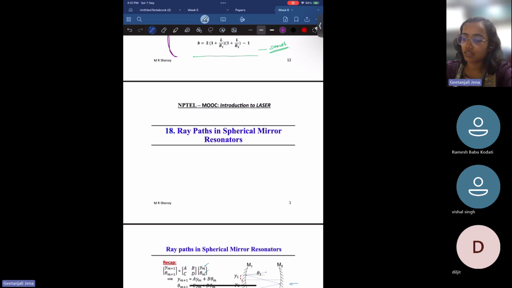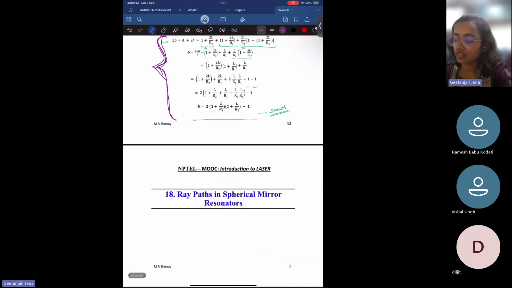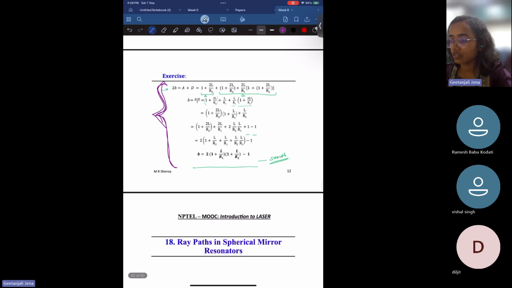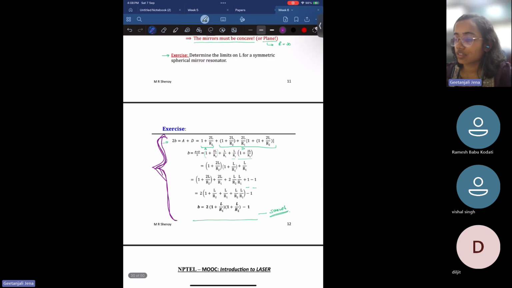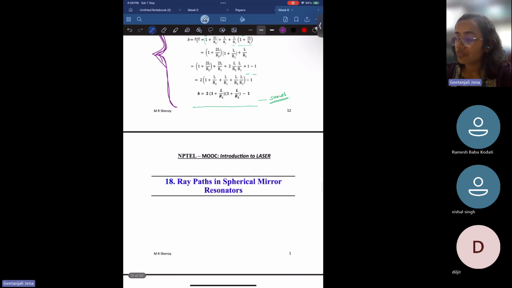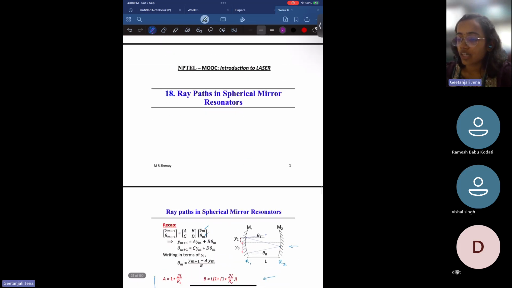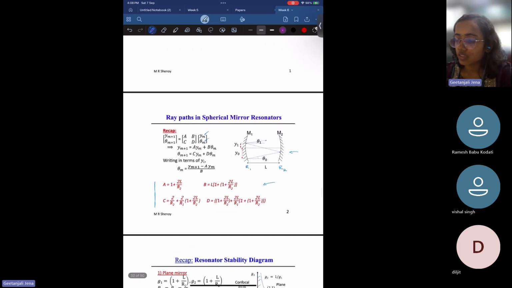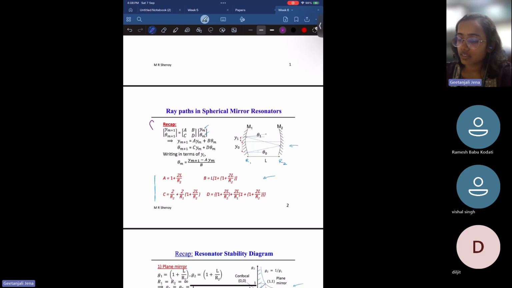So let us see where we have left. We've seen what the stability condition is, and what the ray transfer matrix is for different types of resonator. And we are left with one final slide, which is the ray paths in spherical mirror resonator. Okay, so these are some recalls. That is, what is the relation between the position and angle that the ray makes after any time during the